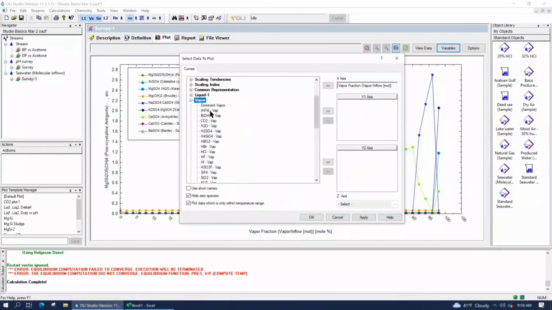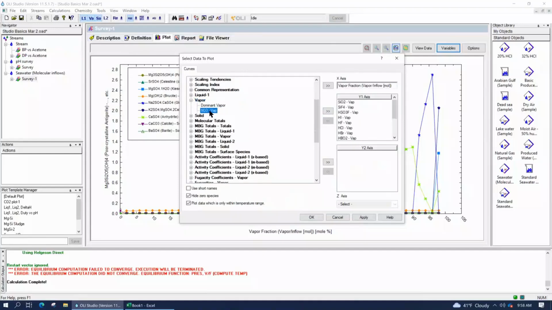I want you to add everything that has a vapor component. About 15 things. As you might imagine, we're going to have to go to log scale again, but that's okay. So now we've added every vapor species to the plot. And you're going to press OK.